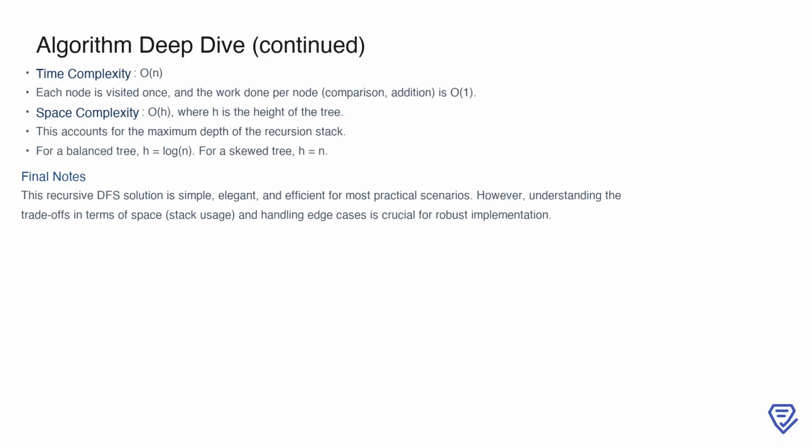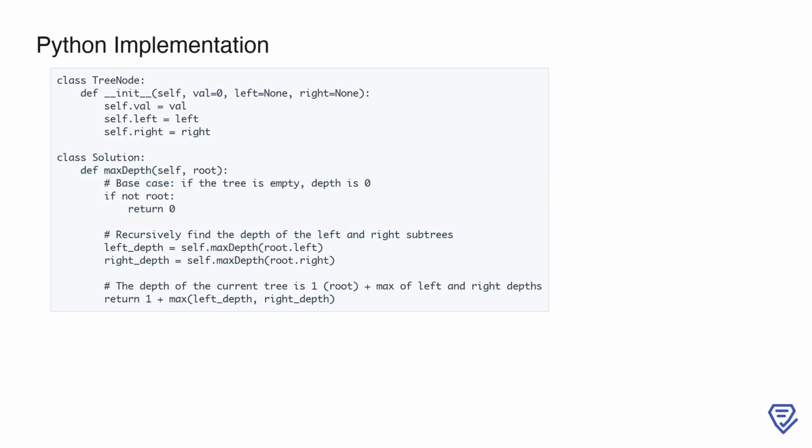For a balanced tree, the height is approximately log n, while for a skewed tree, the height can be as large as n. While recursion is elegant and efficient for most practical scenarios, it's important to understand these trade-offs, particularly the space usage associated with the stack. Overall, this recursive DFS solution remains one of the cleanest and most intuitive approaches for finding the maximum depth of a binary tree. This implementation solves the problem of finding the maximum depth of a binary tree using a recursive